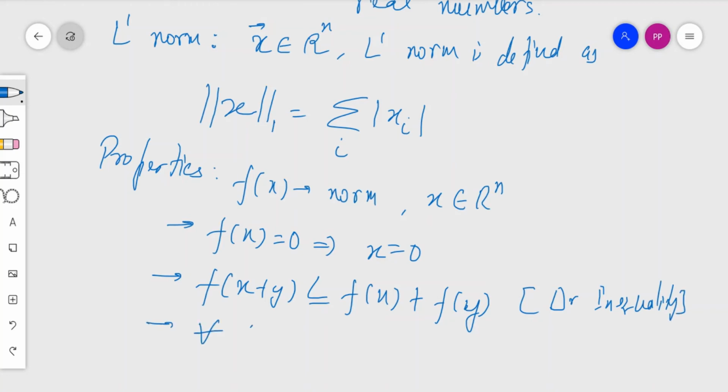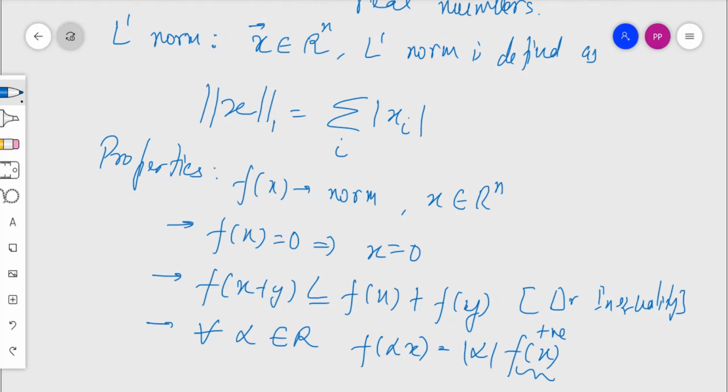For all alpha an element of real space, the function over alpha x is definitely equal to modulus of alpha and function of x, and this function of x is also positive. Please keep in mind, that is why I have taken alpha separately and kept the modulus operation upon it, so that we understand that we have to consider the positive values only. Moving further,